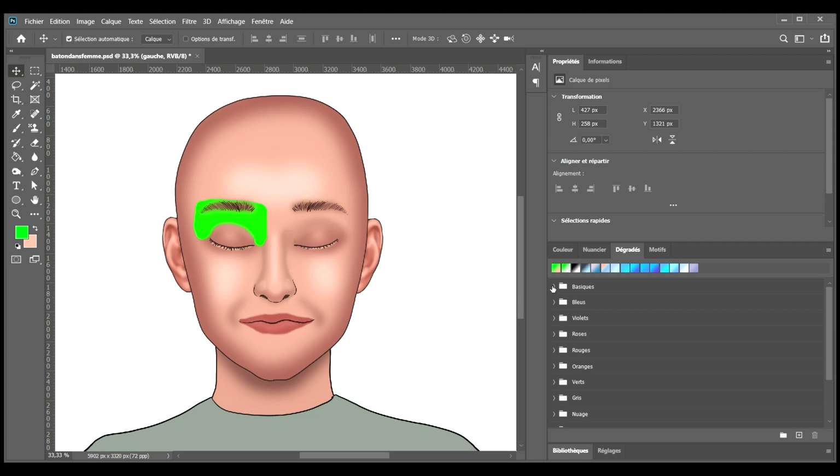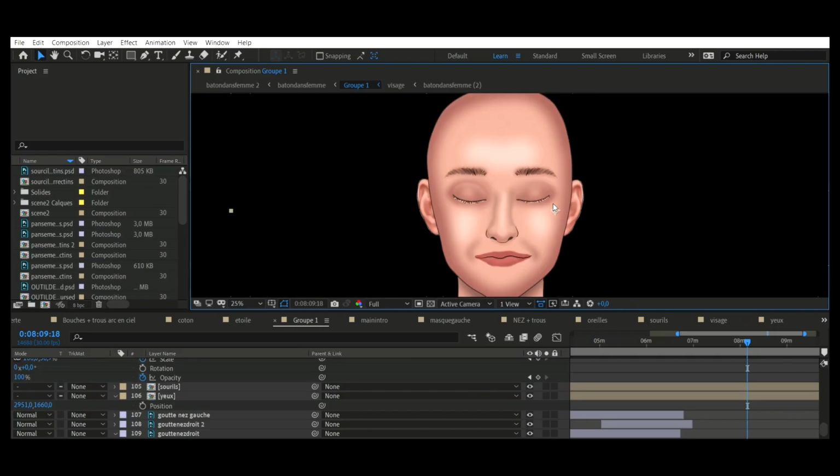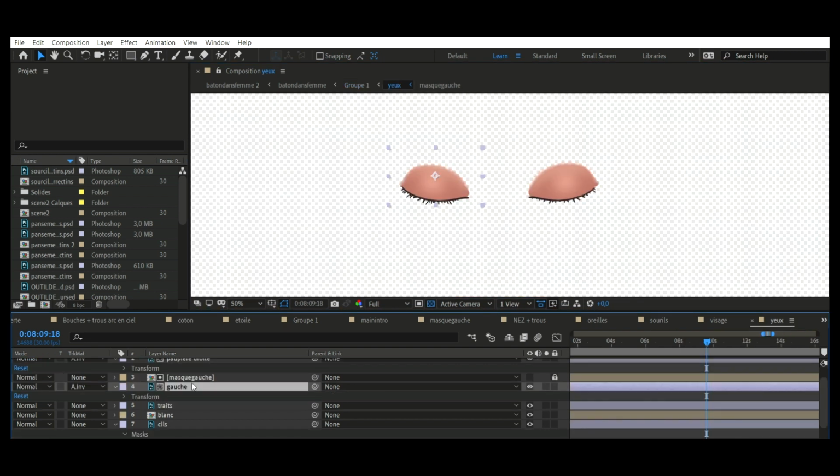Now we're done with the Photoshop part. Let's continue on the After Effects editing. Once you're in After Effects, import the Photoshop file as composition with the editable layers. Then go into your eyelid composition